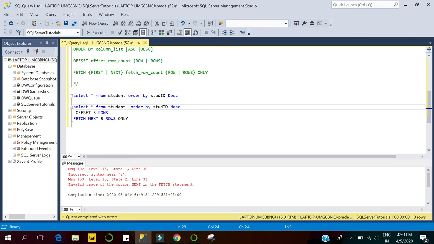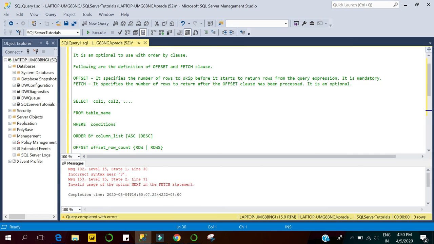That's why it is mandatory. To avoid this situation, it is mandatory to use the order by clause, and without it, it will give an error. So the order by clause gives us the option to use offset and fetch clauses to skip any number of rows and select any number of rows from the result set.